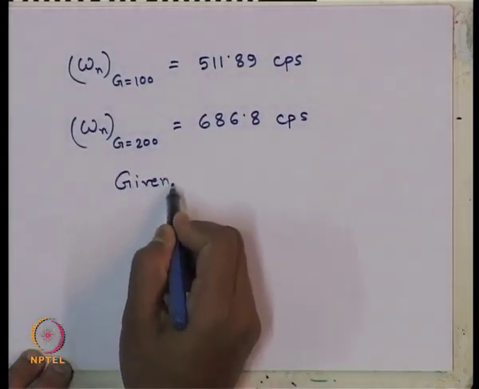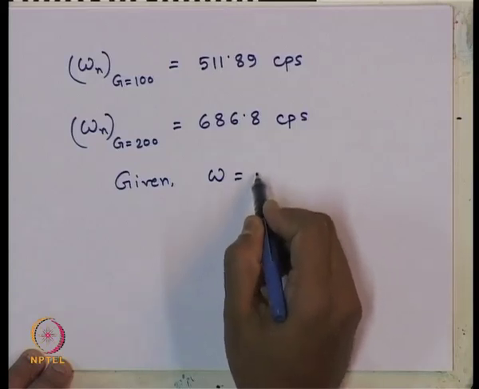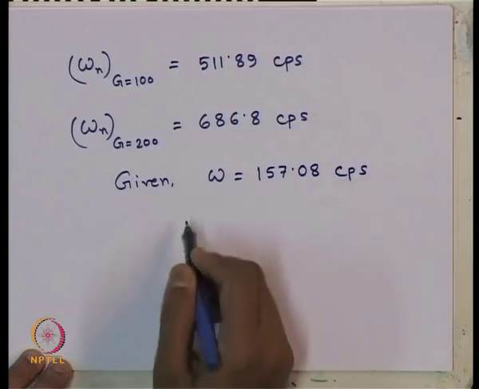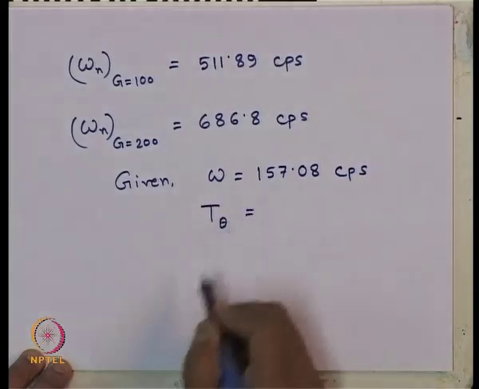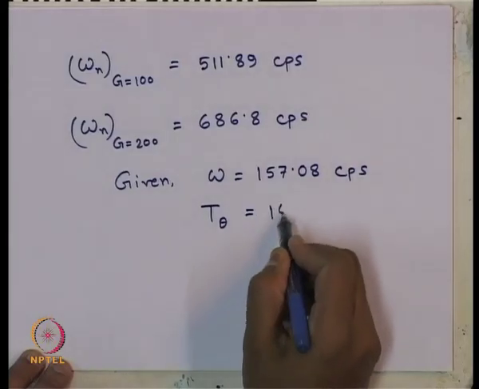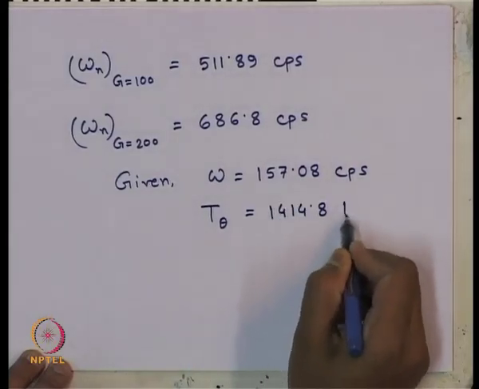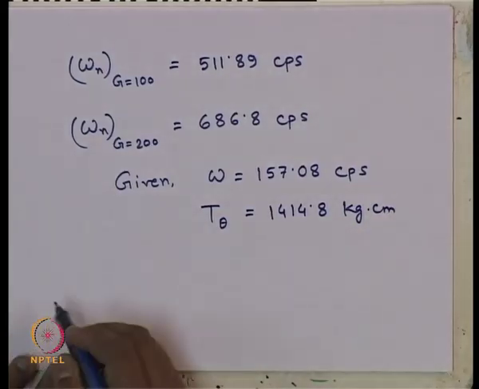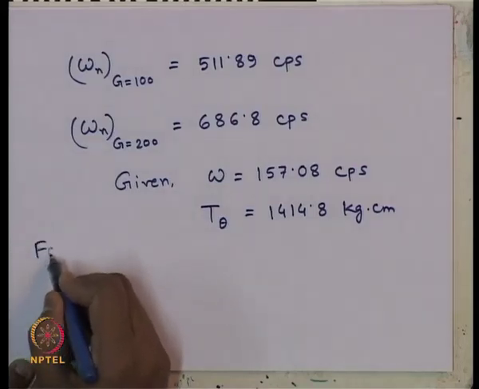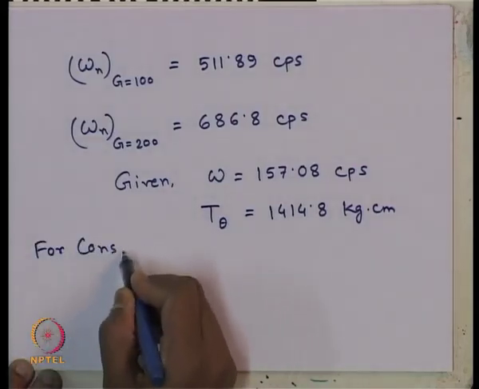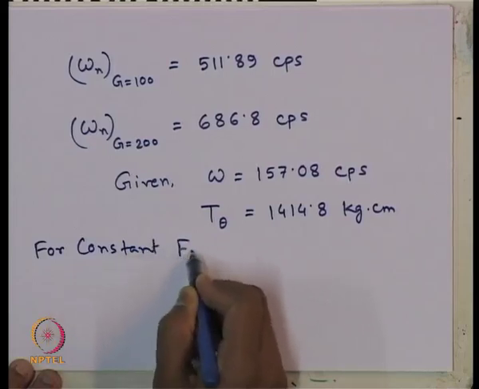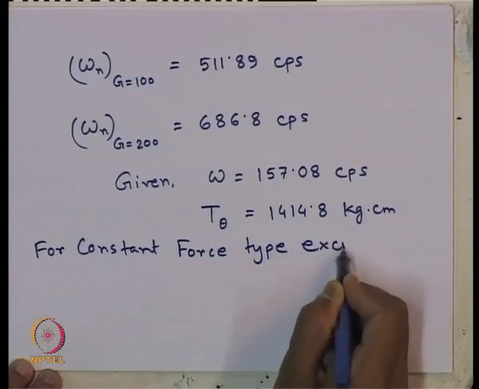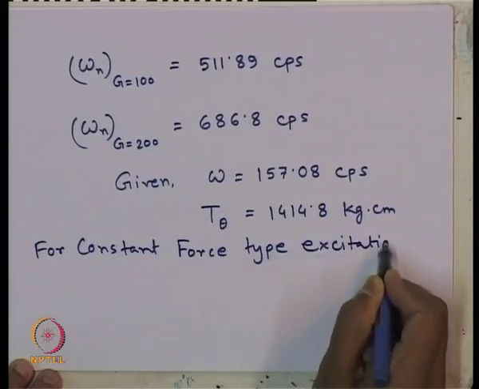Now, again we have the omega value as 157.08 CPS and T theta is 1414.8 kg force centimeter. It is given to us. So, for constant force type excitation,